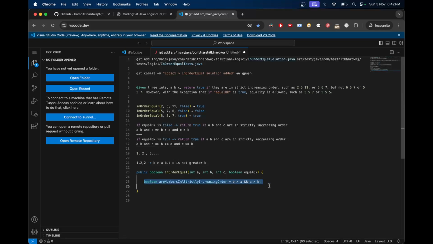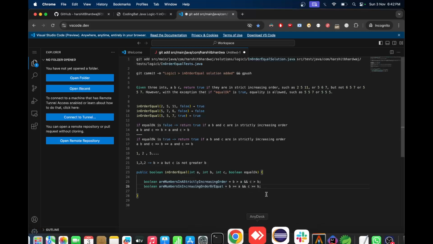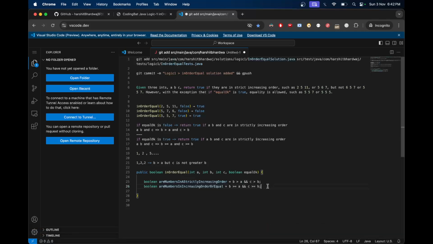So for this also we can define a boolean variable and name it something like are numbers in increasing order or equal, and it will just include an equality operator as well. So now the logic is quite simple.